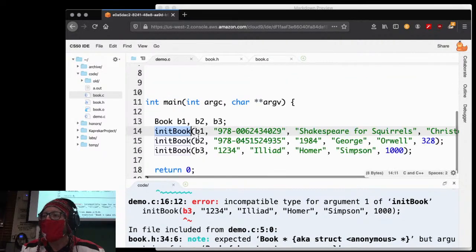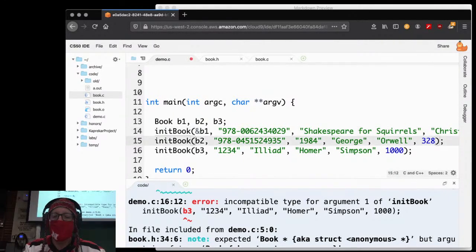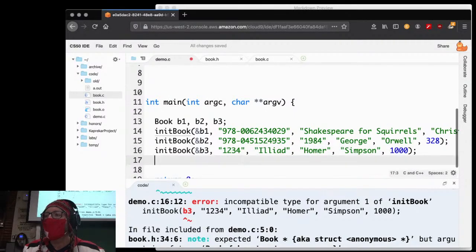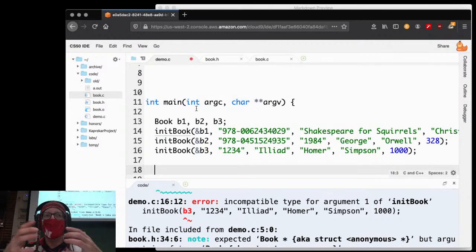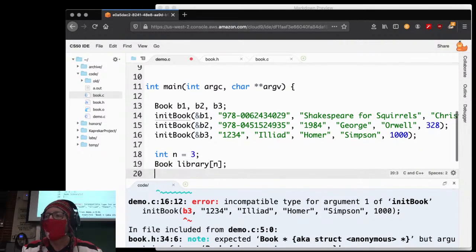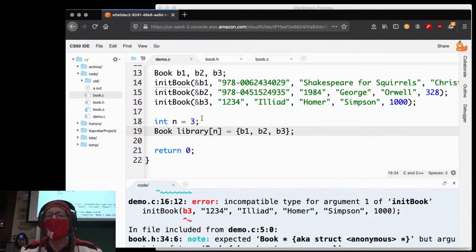But anyway, to go back to the issue at hand, it requires a book pointer. If I have a regular old book, what do I need to do to make it into a pointer? Ampersand. There. Now I can put that into a library, right? An array of books. Int n is equal to 3. Book library of n. Okay. And then I can even assign these things if I really wanted to, doing something like this: B1, B2, B3, right? Just like I assign the first 7 primes to a declaration, you can do something like this